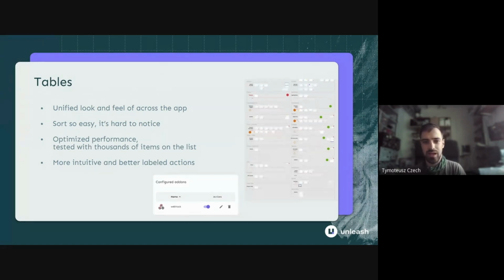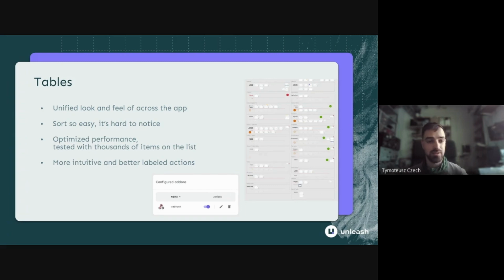I'm so used to that working with Unleash right now that we should have had it earlier, but it's an iterative process. We want to improve. We want to prioritize what's really important. And this was something that I hope not many people will notice, but will speed up